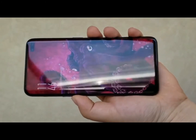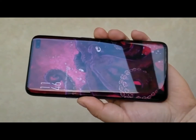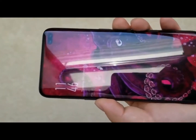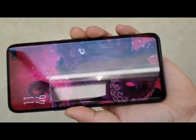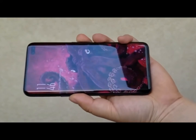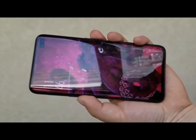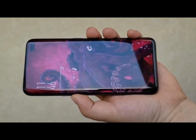The Find X, if you forgot, features a camera slide-out mechanism for the selfie cam, which is why Oppo was able to kill the notch and extend the screen from edge to edge. Sliding phones, however, will not stick around for too long, and we have plenty of reasons to hate them. They lose water resistance, the sliding mechanism can always break, and they don't make it easy for case makers to